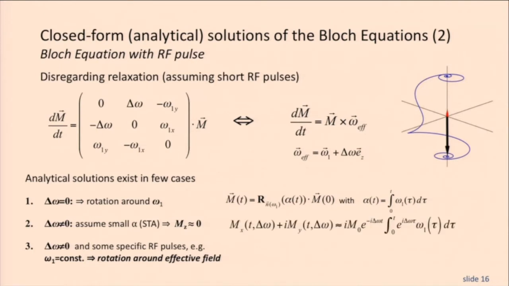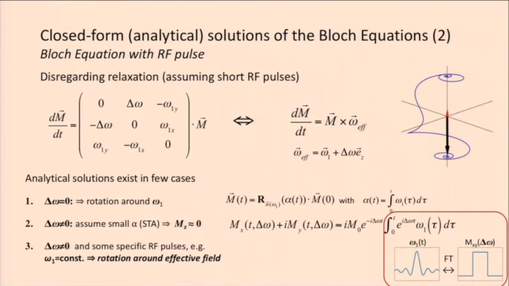And then we still have an analytical solution, which basically tells us that the Fourier transform of the RF pulse is the transverse magnetization as a function of the off resonance. You may have heard of that. That's basically the slice profile, and slice profiles can be very nasty and very important,